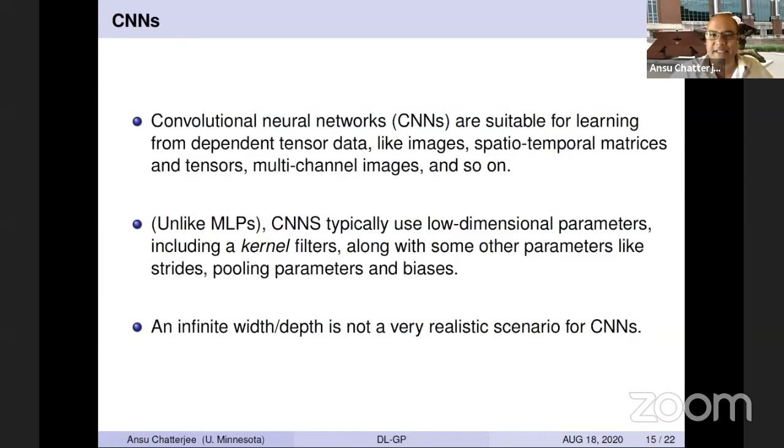So this is a bit more challenging. We have a low dimensional parameter essentially in a CNN instead of having too many parameters to work with. So some of the techniques of relating deep neural networks to Gaussian processes do not work. The other problem that comes up is that calculating that kernel, that all important kernel function, becomes incredibly hard.